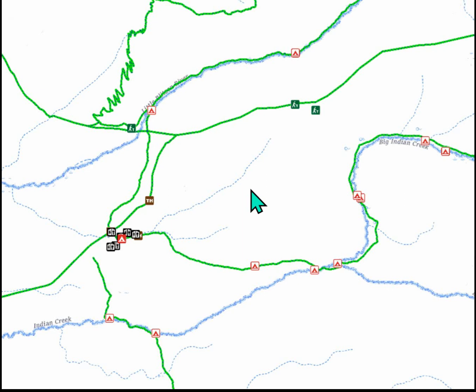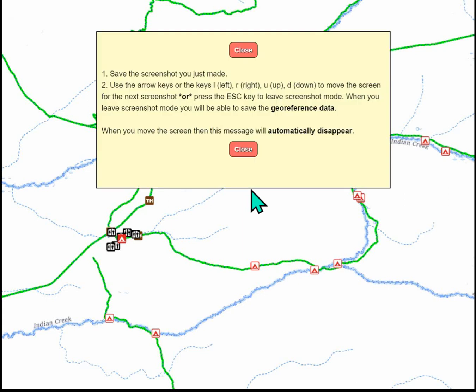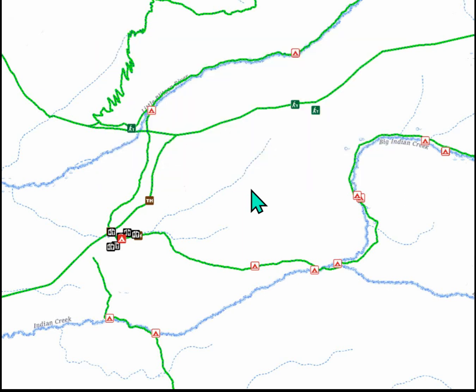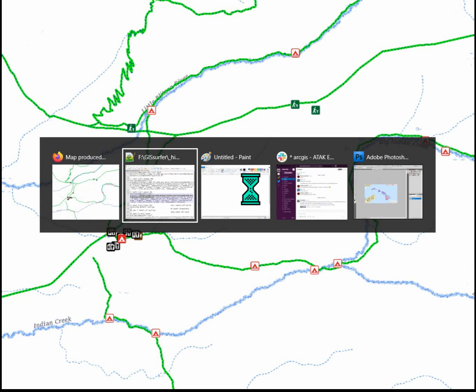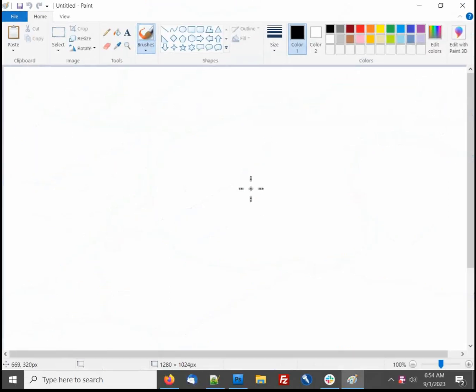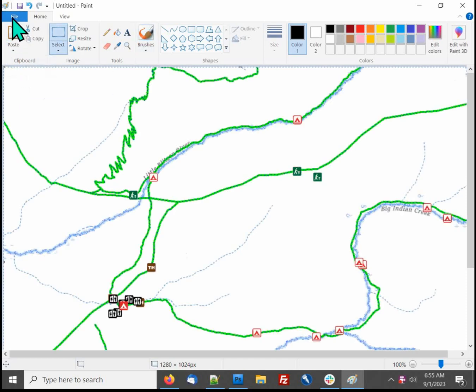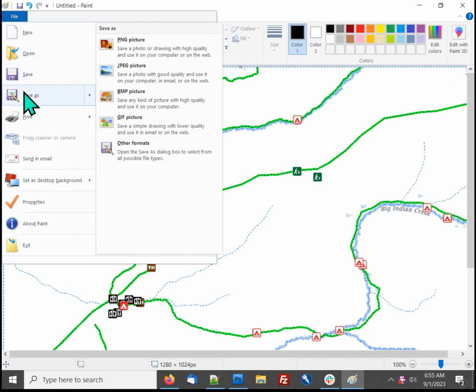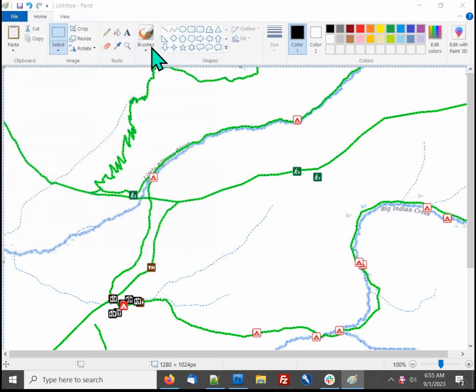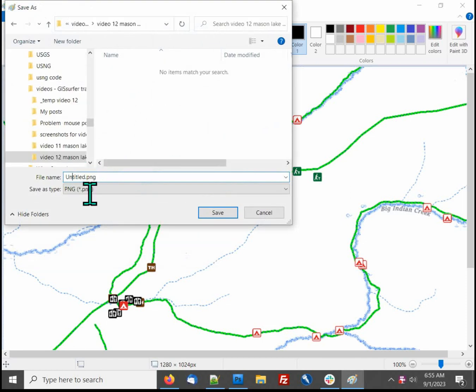So now I'm going to do Alt Print Screen to take the first screenshot, do Alt Tab to display the open programs I have right now, and I'm going to select Paint. There's Paint. This is the 2D version of Windows Paint. I'm going to paste the screenshot I just took. I'm going to do File, Save As a PNG right there. And I'm giving this the file name of 1_1